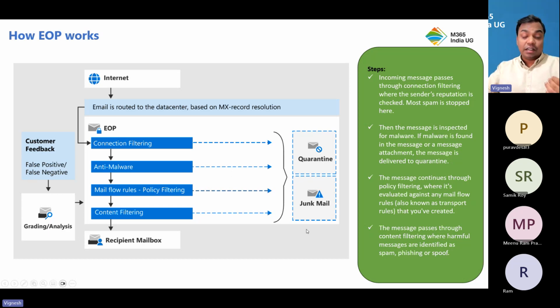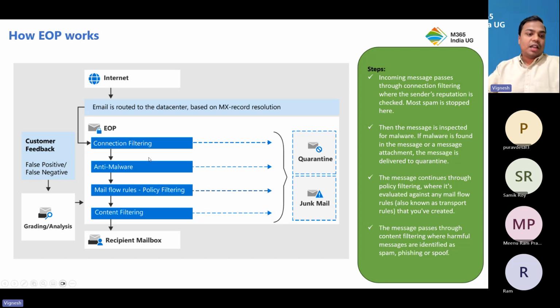And only then does it make it to the recipient's mailbox, or it goes to the junk email, it lands in the junk, right? And a lot of these also have to do with the customer's feedback. Maybe the email is a legitimate one, but because this is a system, it's constantly going to learn the patterns. It thinks that it's malicious and it might simply put it inside junk, or it might reject it and